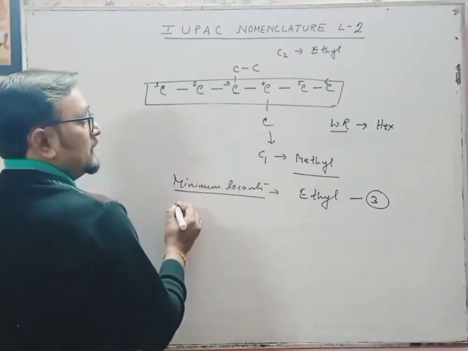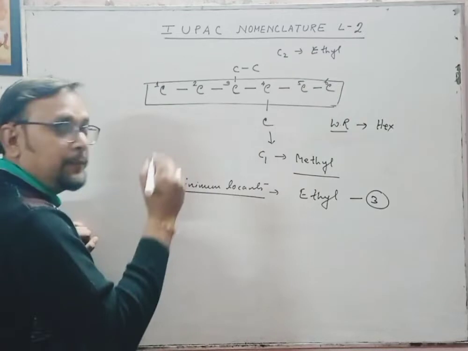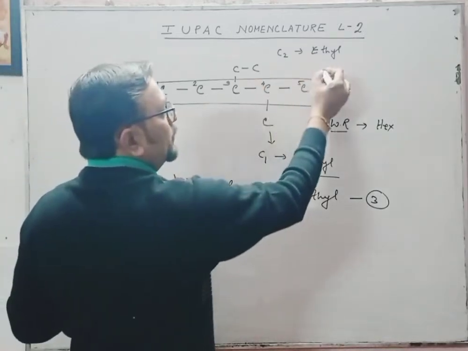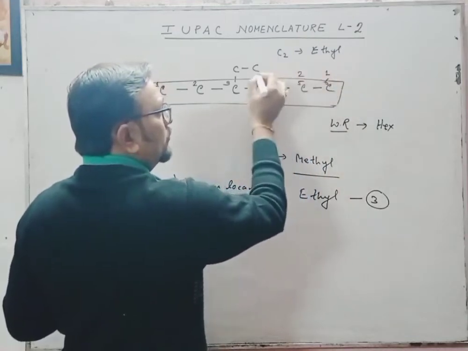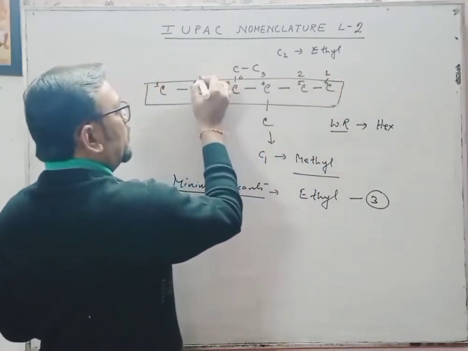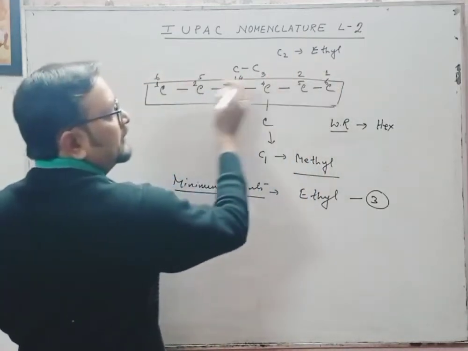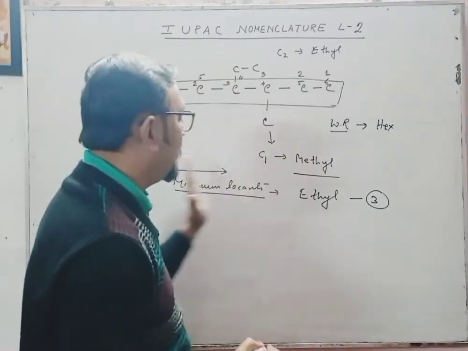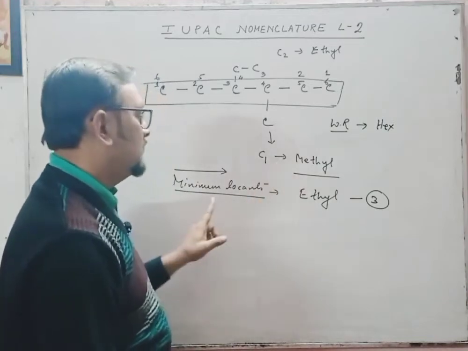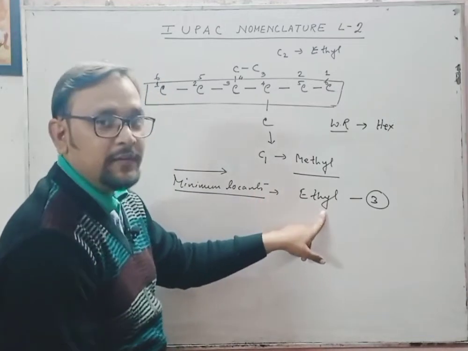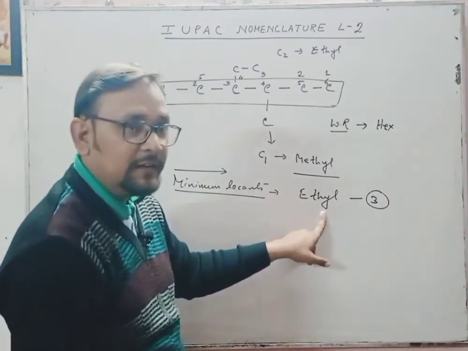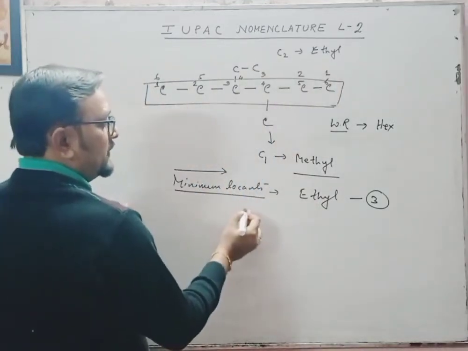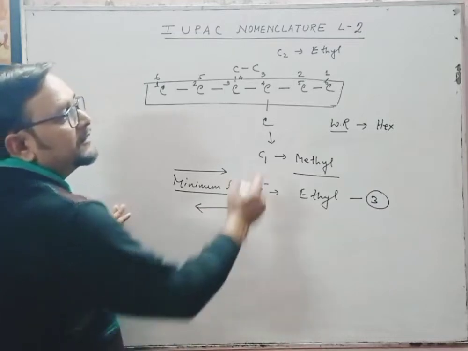And suppose I start numbering from the other side, then what will happen? Okay, suppose 1, 2, 3, 4, 5 and 6. You have named it on this side. Okay, so I am marking it with an arrow. If I am doing the numbering from this side, then the minimum locant you are giving to the ethyl group, isn't it? Now, if I start from this side,